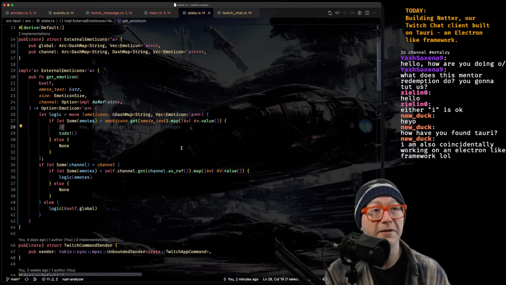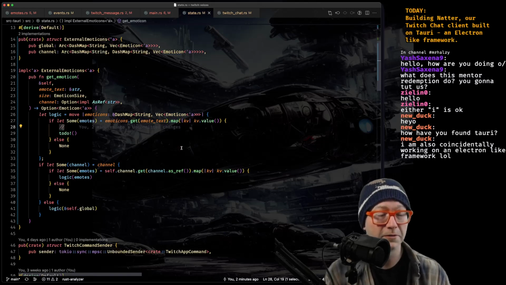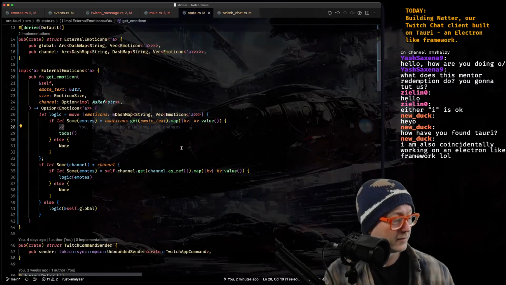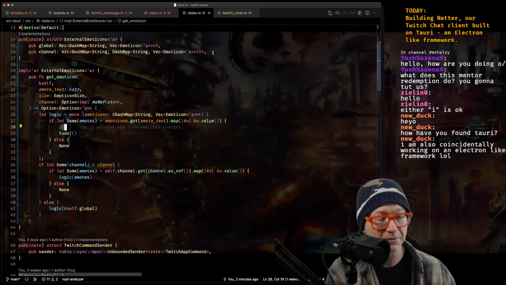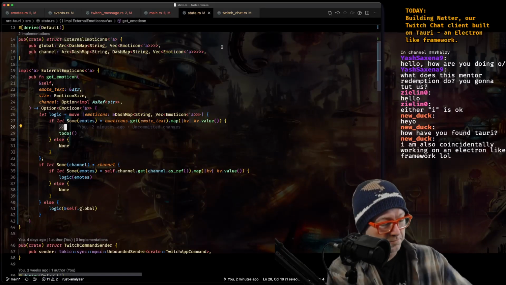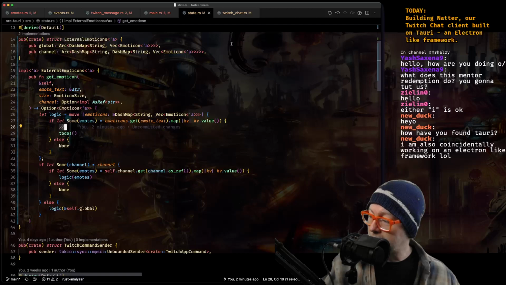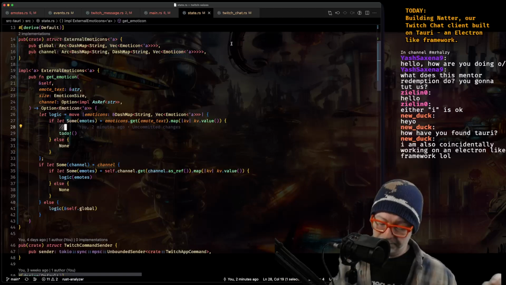You're working on an Electron-like framework. You're building one? Cool. That's pretty cool. I do like the fact that they focus on security.